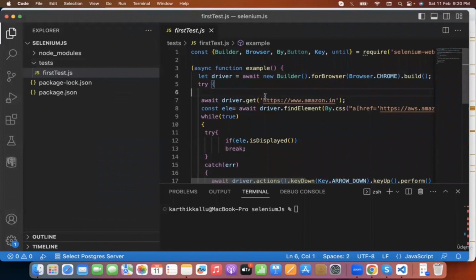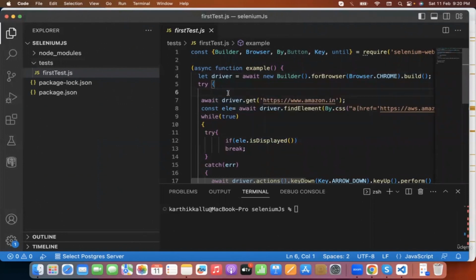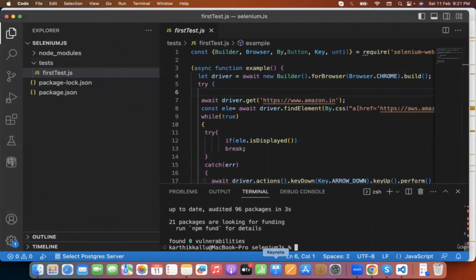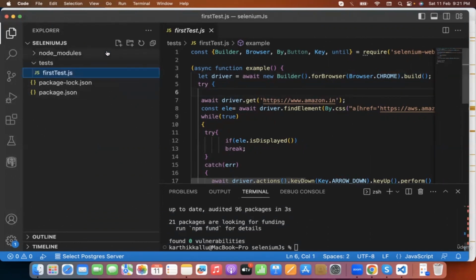But if we use testing frameworks like Mocha or Jest, then it eases our task a lot. It also gives us lots of other capabilities like hooks, which we can make use of to write good, maintainable tests. So let's install Mocha. Mocha got installed. Now let me write one test case,